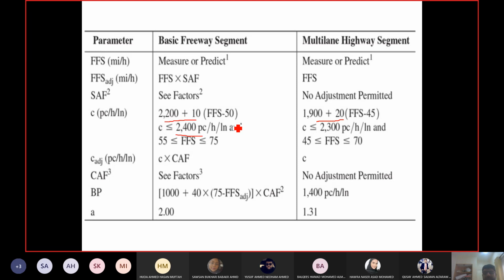Okay, for multi-lane highways it should be less than 2300. And the speed ranges for each type of highway are given. Freeway 55 to 75, multi-lane highway 45 to 70. Now, just a point for your term project, you will either be having a freeway or